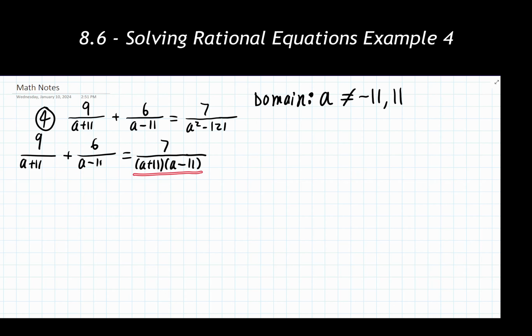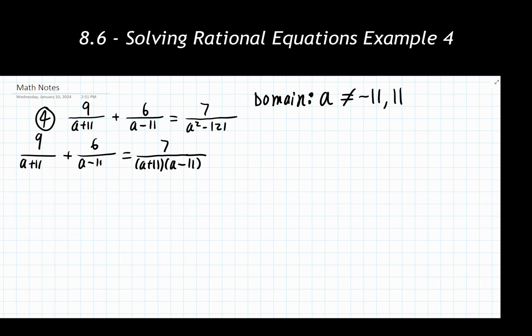And with our last one, we would need to separate these things and say, where is this thing equal to 0? Where is this thing equal to 0? But it turns out that just creates the two problems that we had there, which we've already found the domain restrictions for. So some of that extra work is already done for us.